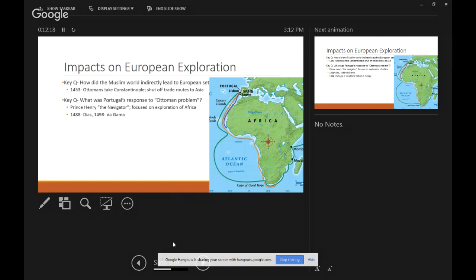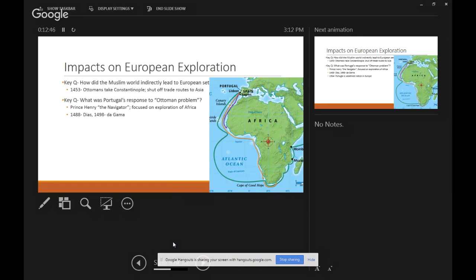The first, or the middle one there, the gold one, that's the one in 1488. Bartholomew Diaz discovers 2 important things. Number 1, no dragons. We're good there. But number 2, he does make it around that southern tip of Africa, the Cape of Good Hope. He runs out of supplies at that point, has to go back, but he can come back and say, hey, we can do this. We can do this.